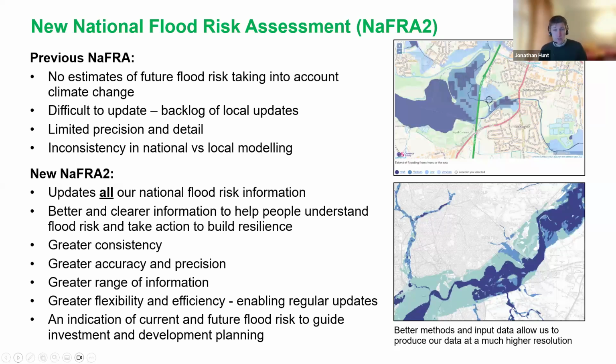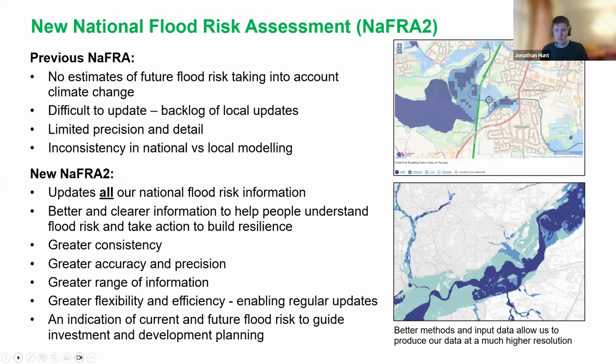The system will also provide us with a greater range of information. So we've created national climate change outputs for the first time, for example, and NaFRA2 will provide many other outputs over time. This initial publication is just the start, with NaFRA2 giving us a lot more flexibility and efficiency. So in the future, we'll be able to update our maps more easily. We'll be able to track how our assessment of risk changes. We'll be able to create new scenarios and new types of outputs as needed, and much more. So all of this will help us meet the wide range of needs of internal and external customers who need evidence to help make decisions about adaptation and resilience.